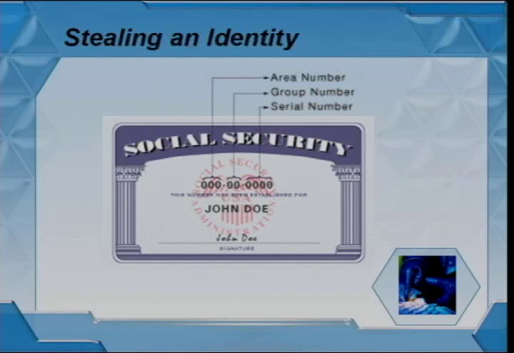The first three digits tell me where you registered your Social Security number. Basically, if I know where you were born, most likely I can figure out your first three digits. The identity thief already has your last four digits, and now has your first three. Only the two middle digits are missing, and they are called the group number. And the group number goes in sequence.